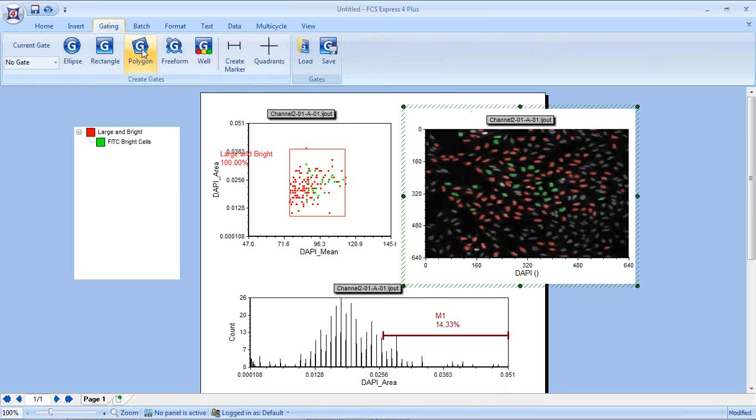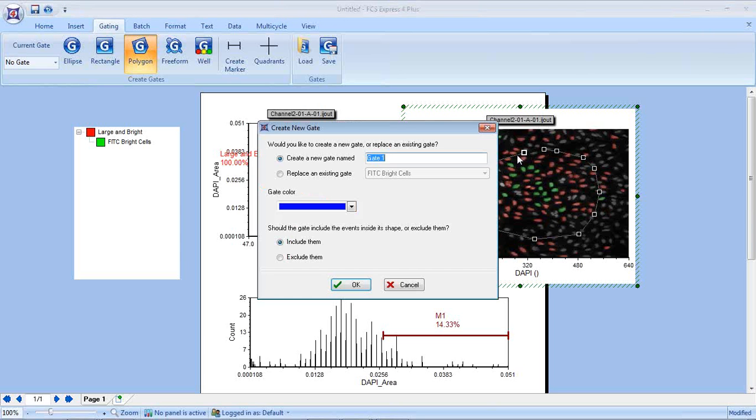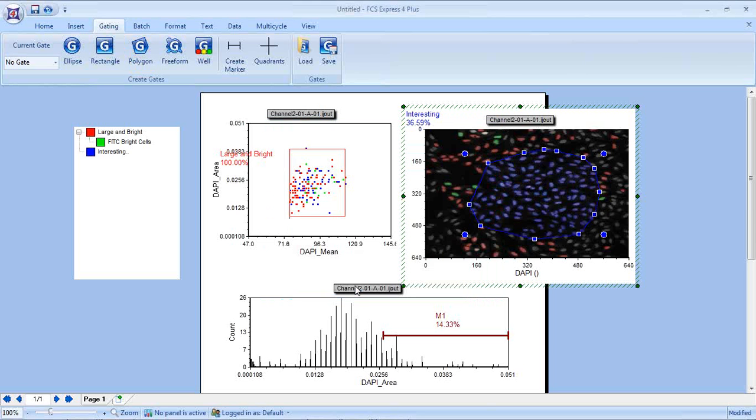So if we want to create a gate on this image, we select a gate, any type of gate. I'll choose a polygon. And maybe on this image, I'm only interested in these cells in the middle here. These cells are interesting to me. So I'm going to call them interesting, and I'm going to make them blue. And now all the cells that fall within this interesting gate are going to be highlighted blue to show us